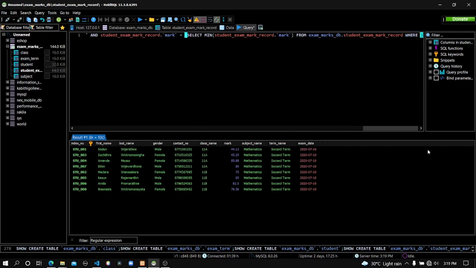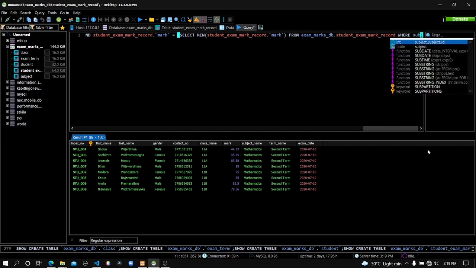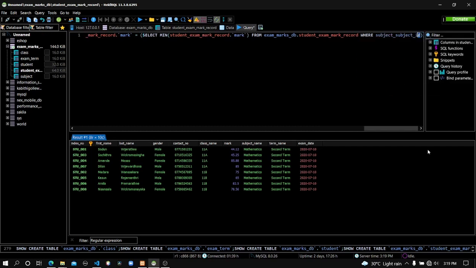Here's the condition. We have to mention the subject mathematics and the specific date of the examination again to find the minimum mark within those records. So here's the first one. In the student exam mark record table, we have to mention the attribute subject ID